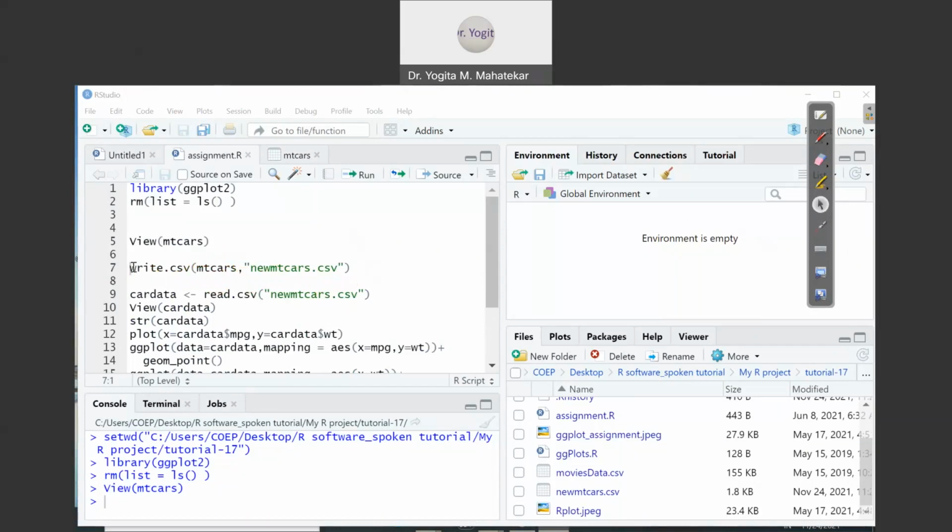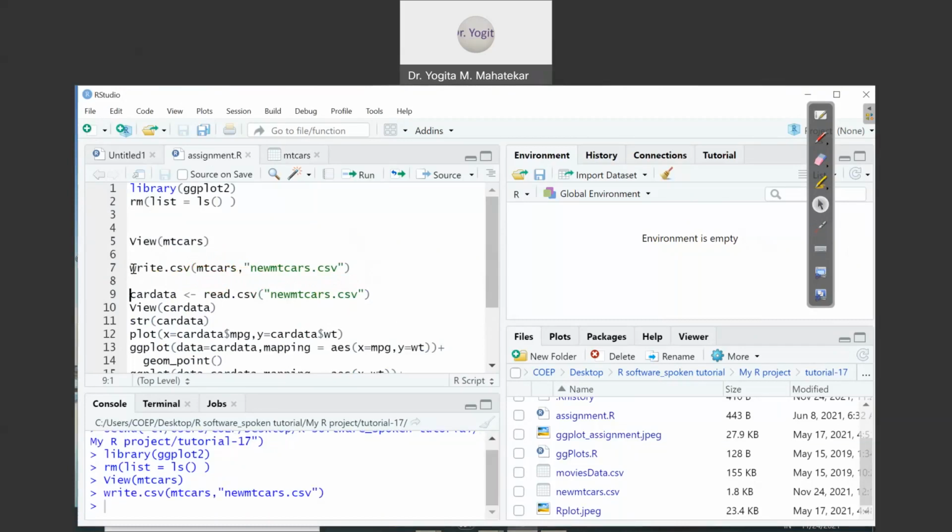All these commands we have already seen in previous lectures on R. So I have written mtcars to another file name, new_mtcars.csv. Now I will give the variable name car data, and I will read the .csv file, namely new_mtcars.csv, and later we will view the contents of this new variable that I have given to this data frame.